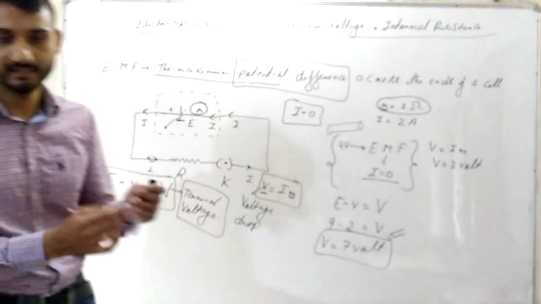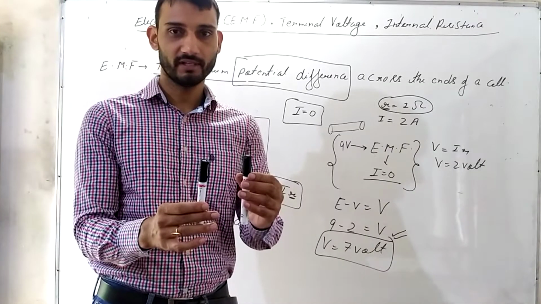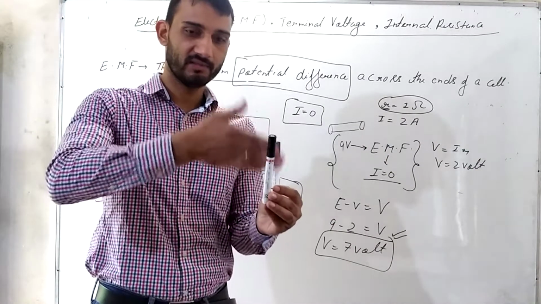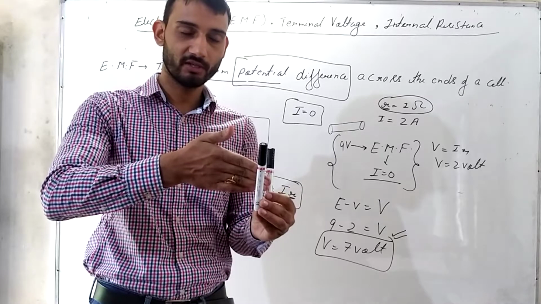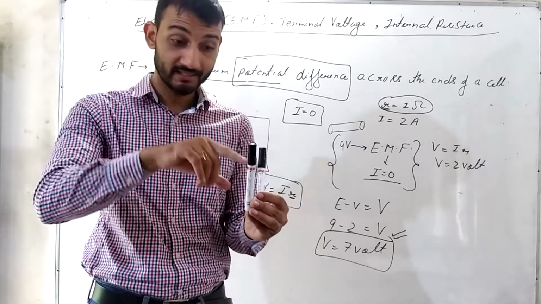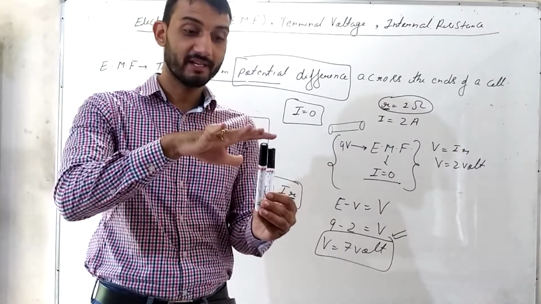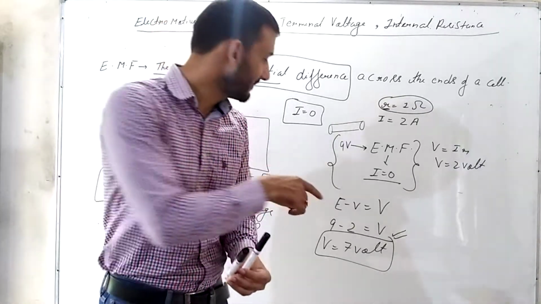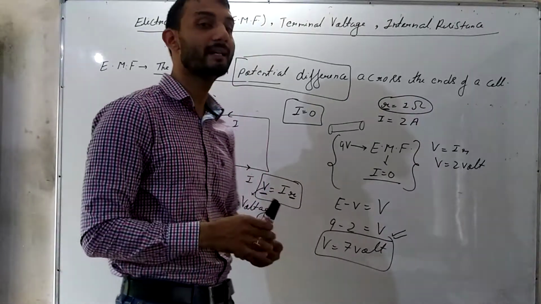So this is the cell, it has two terminals, 9 volt it has got, 2 volt is already spent inside the cell itself in order to overcome the resistance, internal resistance. Now how much I am getting at the terminals of these two cells? So at the terminal of these two cells I am getting 7 volt in order to glow the LED.